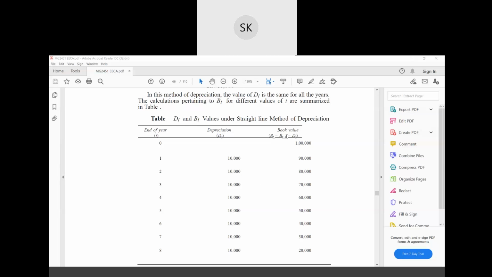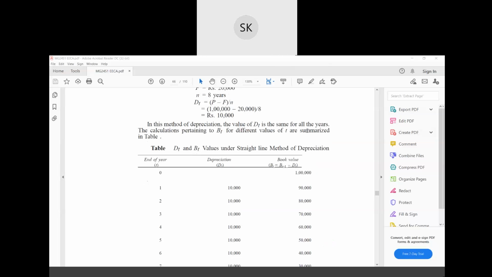Book value you can find: BT minus 1 minus DT. So BT at the start was nothing, so it will be the same 1 lakh. Now here BT will be 1 lakh minus 10,000, 90,000. Again from 90,000, this way you can find out. 1 lakh minus 10,000, you will get 90,000. 90,000 minus 10,000, you will get 80,000. 80,000 minus 10,000, you will get 70,000. So at the 8th year, BT value is 20,000. Okay. So in this way, you can find out the book value or depreciation value